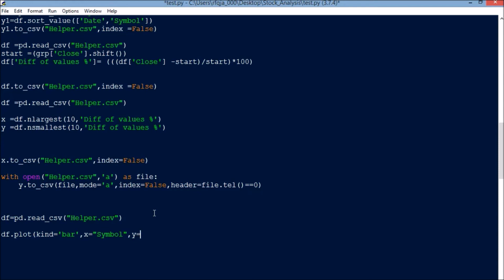I need the data of difference, right? Diff of values percentile, comma, I need the title. What is the title you want? Title equal to, say, top 20 gainer or loser. Okay, then I will give some date range, plus the start date that we have already given, start date plus